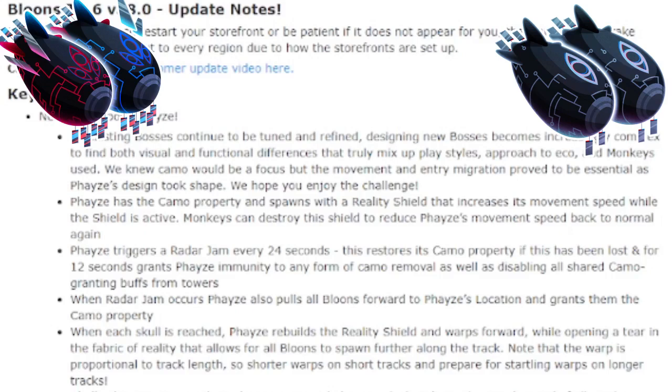When each skull is reached, PHAYZE rebuilds the reality shield and warps forward while opening a tear in the fabric of reality that allows for all balloons to spawn further along the track. Note that the warp is proportional to track length, so shorter warps on shorter tracks and prepare for startling warps on longer tracks. This is pretty much to counteract a certain meta that has built up for a long time